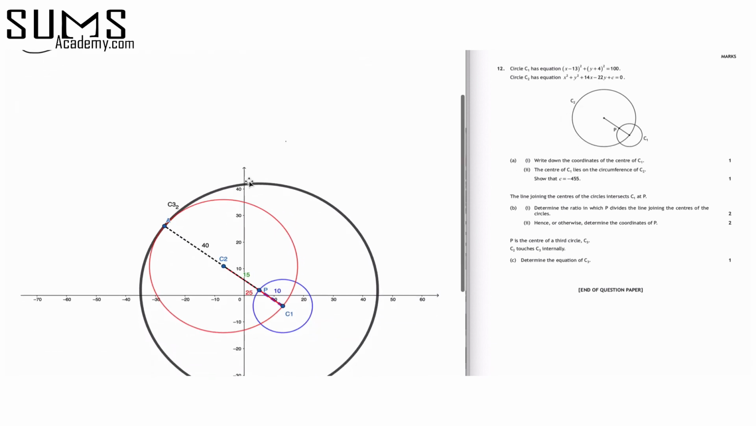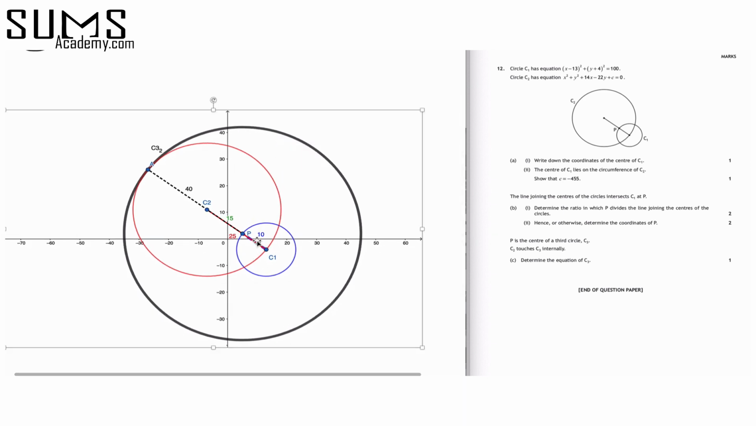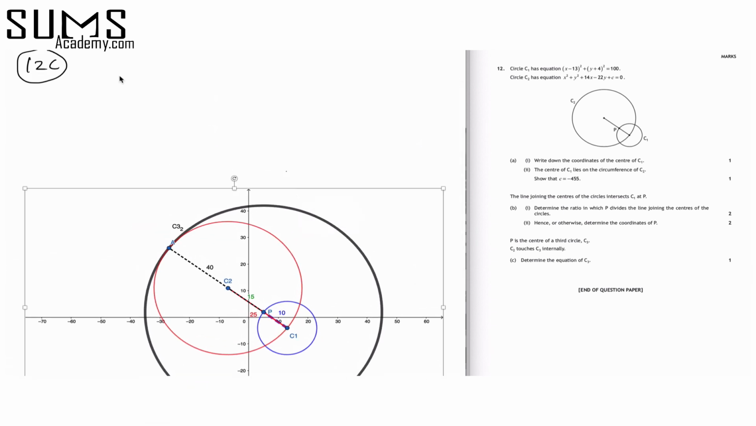So I've drawn a sketch. So our point P here is the middle bit, and we need to draw a circle that was large enough that it touched C2 internally. Okay, so how do we work out the equation of this circle? Well, you have your normal equation of the circle, which is,